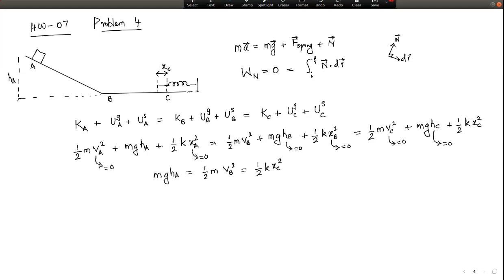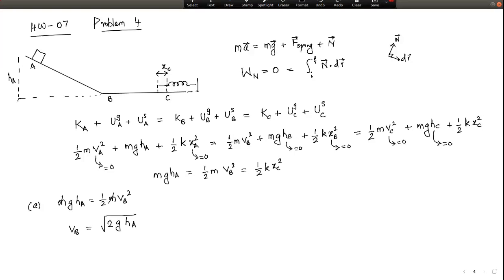So for part A of the problem, we use the first equality. So mg h of A is equal to half mvb square. Mass cancels out, and velocity at point B is